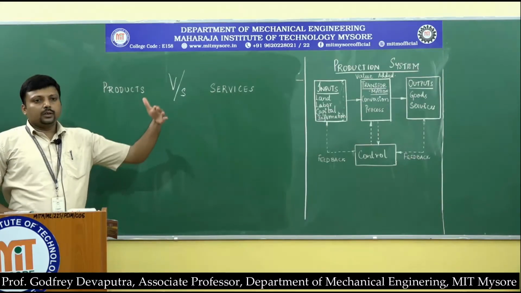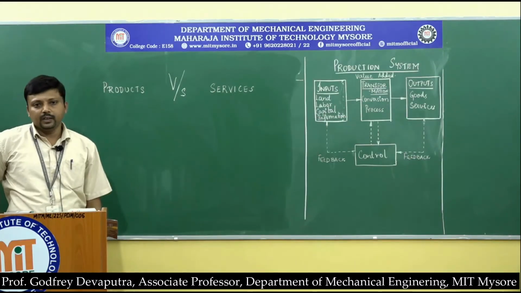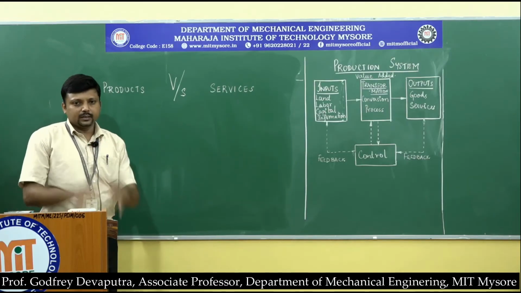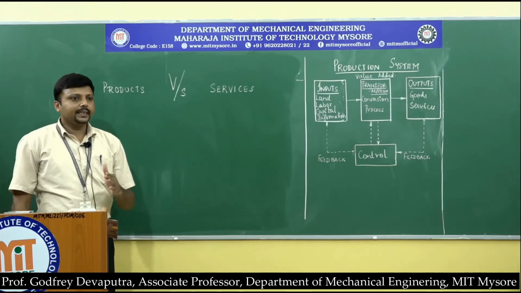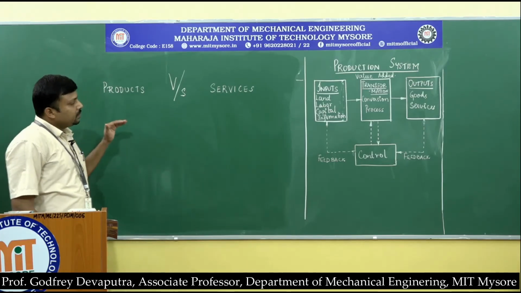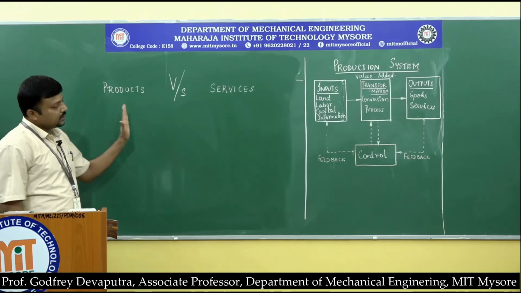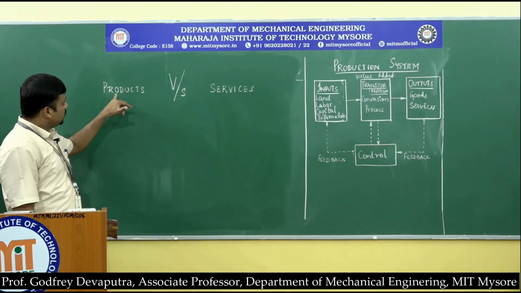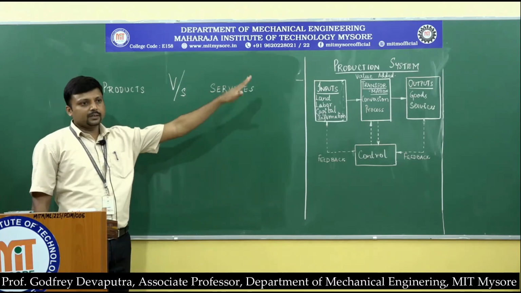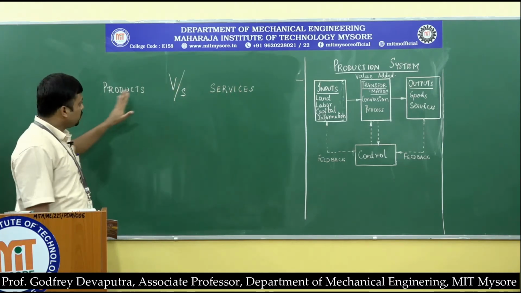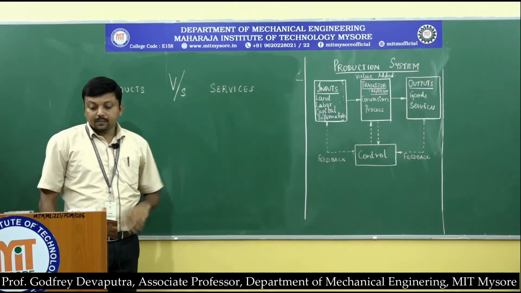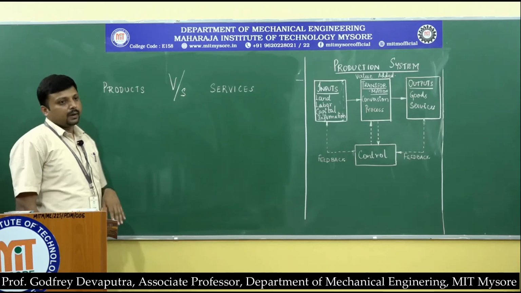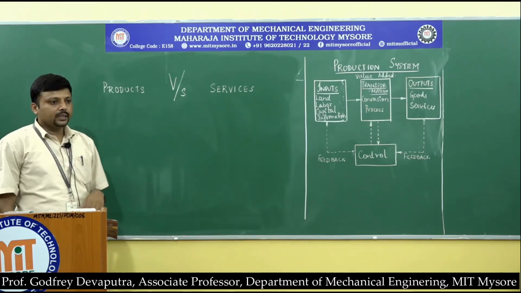Now that we have understood the functions within a business organization, before we try to understand what a production system really is, it is always better to know the differences between products and services, or rather goods and services. Production system remains the same. It is a generalized word which is applicable for both goods as well as services. First, most importantly, the differences are characterized by the very virtue of how things are perceived.